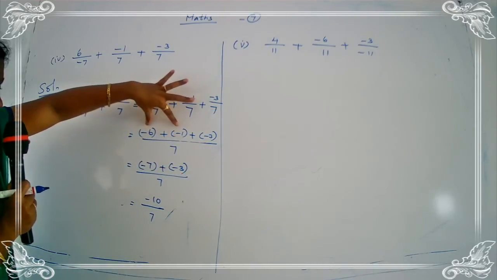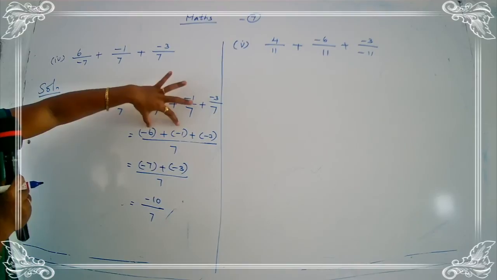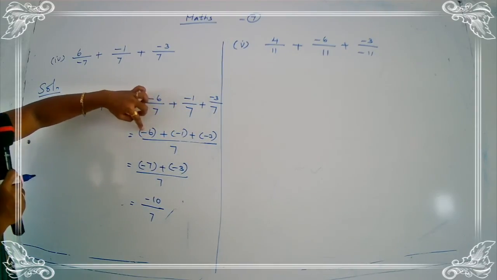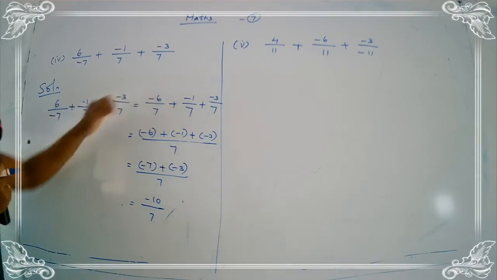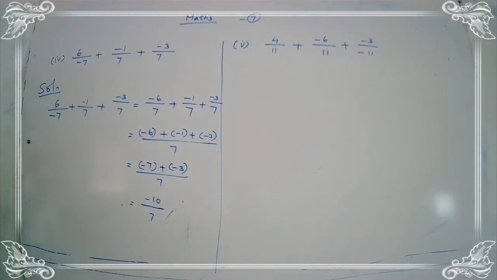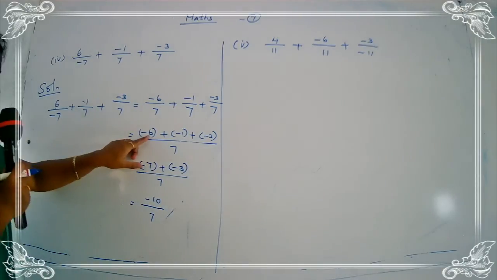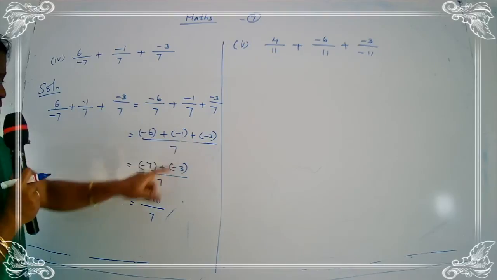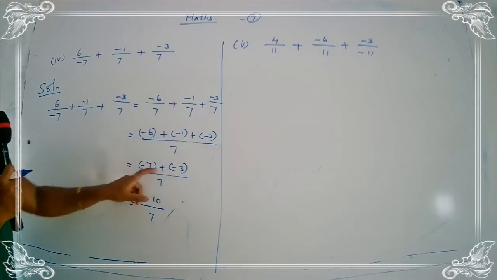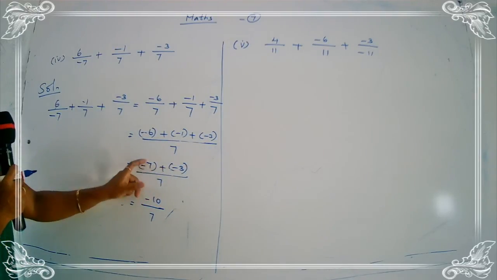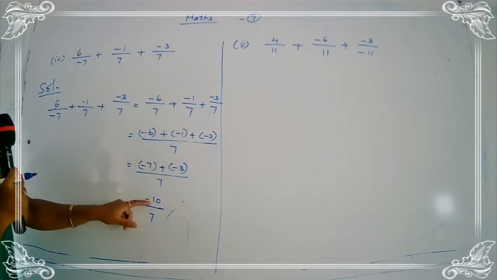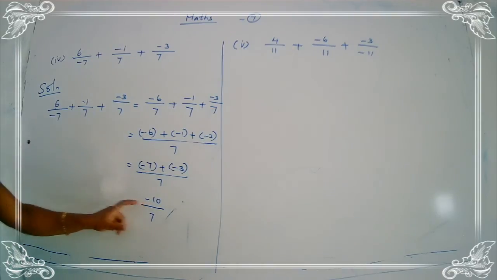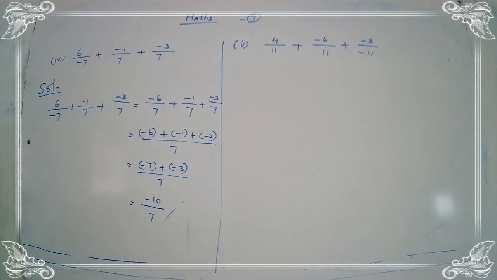Okay. So, இப்படி இருக்கு. இதை நம்ம என்ன செய்யணும்? First இது ரெண்டையும் ஆட் பண்ண போறோம். இது ரெண்டையும் ஆட் பண்ணா என்ன வரும்? இந்த நம்பர் ரெண்டுல என்ன இருக்கு? ஒரே சைன். ஒரே சைனா இருந்தா என்ன செய்யணும்? ஆட் பண்ணிட்டு அதே சைனை போடணும். அப்படிதானா? எஸ். So, that's why 6 plus 1 is equal to 7. Same sign minus plus same number minus 3. Now, we add minus 7 minus 3 same sign. So, you add 7 plus 3 is equal to 10 same sign minus. So, your answer is minus 10 upon